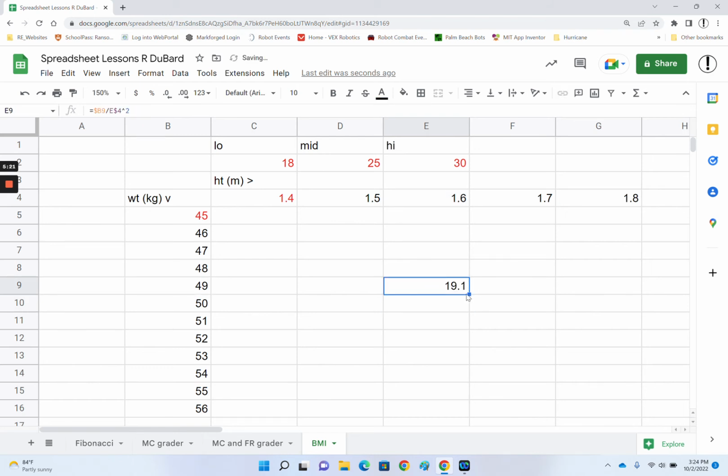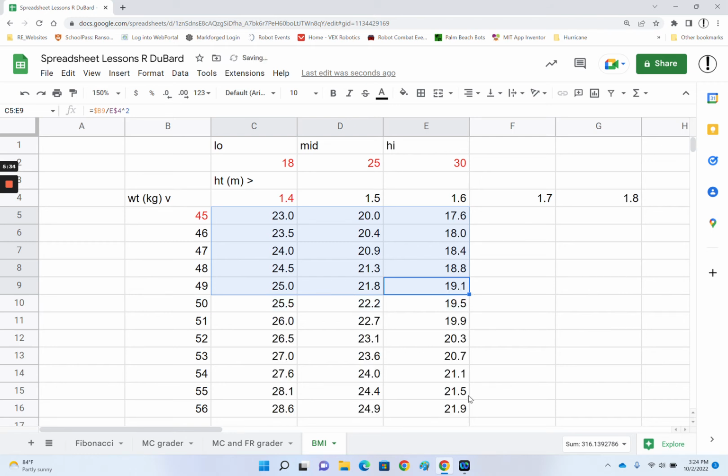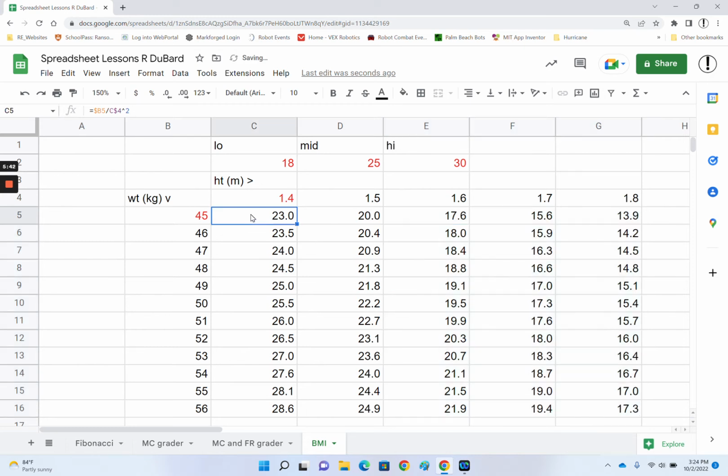And now that we have that put in, we can drag that up. Drag it over like this. I think I can double click now that I'm next to another column. Yep, and it drags it down. But to get it to go sideways, I'm going to have to drag it sideways here and click and drag this way. So there are the BMI ranging from somebody here has a BMI of 28.6 down to someone with